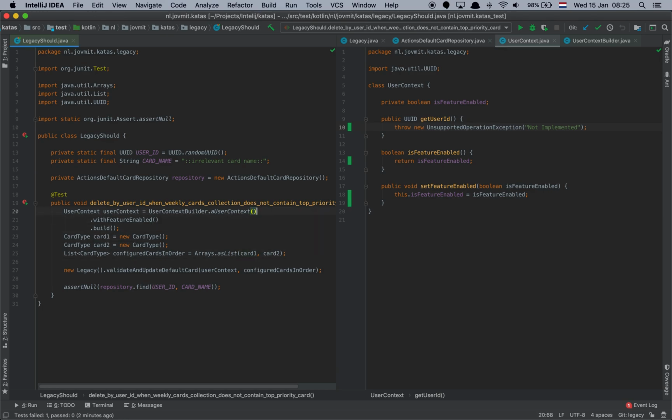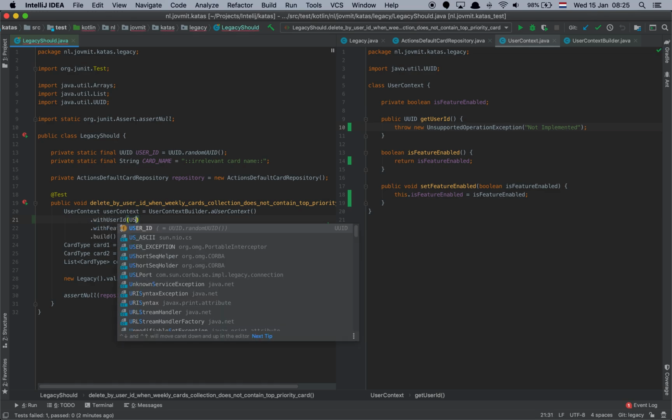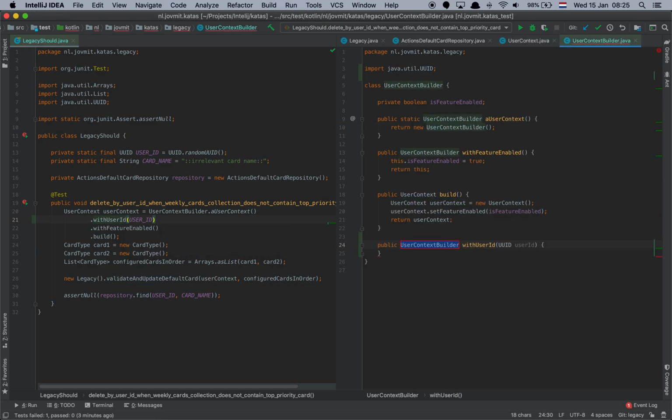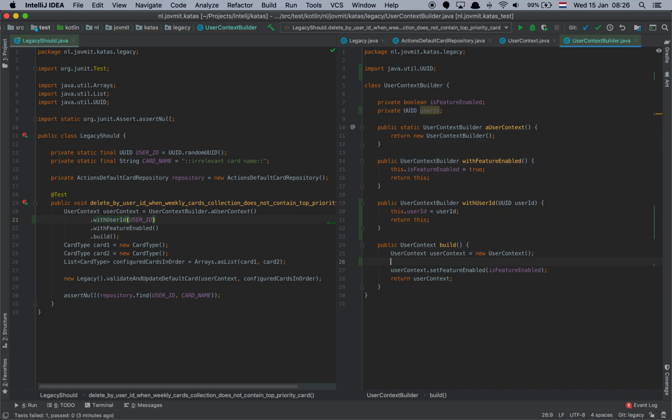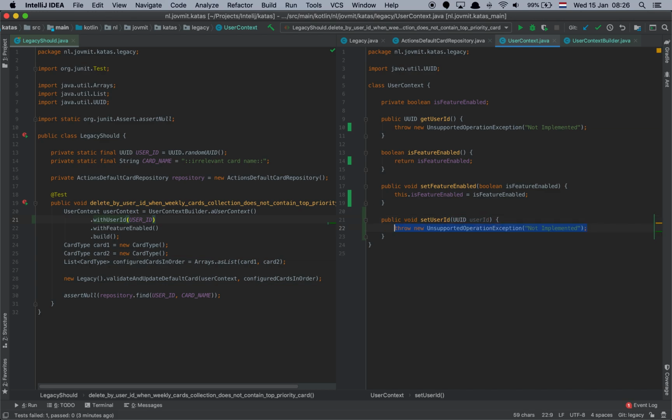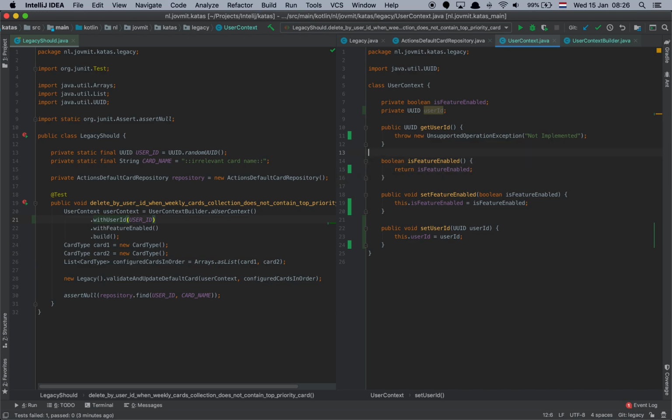Here I wanted to do it with user ID. I'll use the same ID. I need to return the user context builder. This user ID is the user ID. Return this. I'll move it a little bit up and create a field for it. And here I need to do user context set user ID, user ID. Okay. And here I'll also do the same, except I'm going to use the studio instead of typing manually, and here I just return user ID. Good. If I run now,